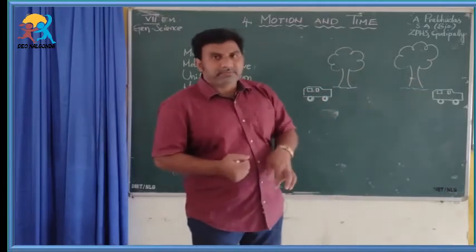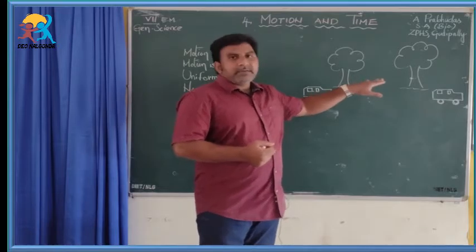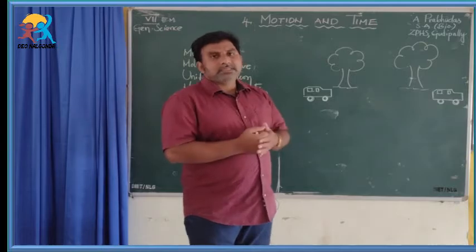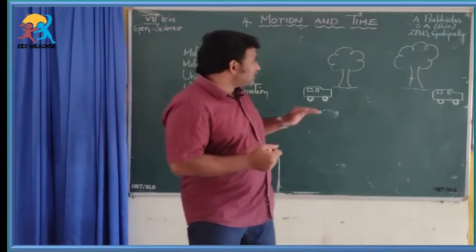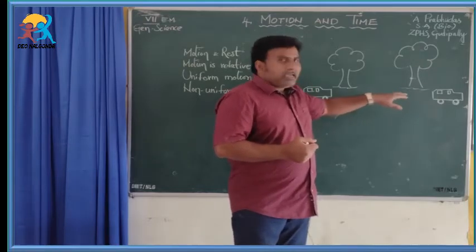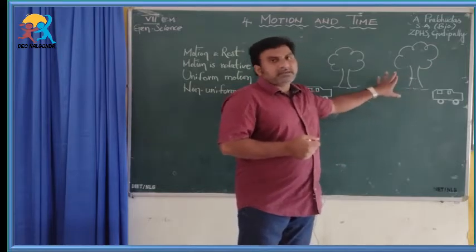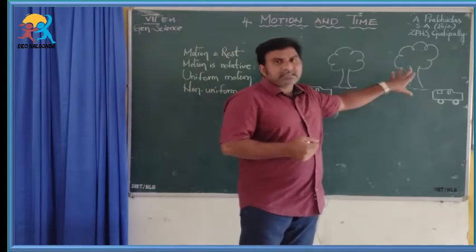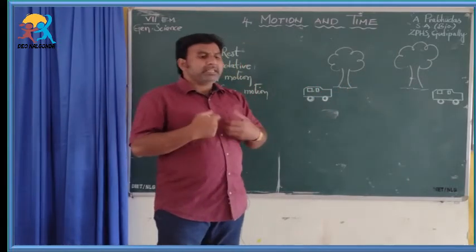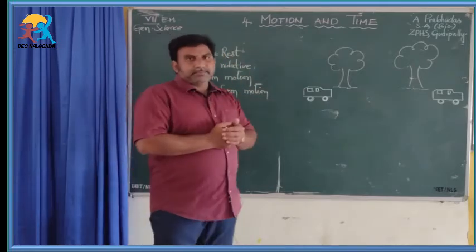So, unless you can define the position of a surrounding object, you cannot define what a motion is. A motion is a process or phenomenon in which an object moves with respect to the objects present in the surroundings. So, you can give many examples regarding the motion.